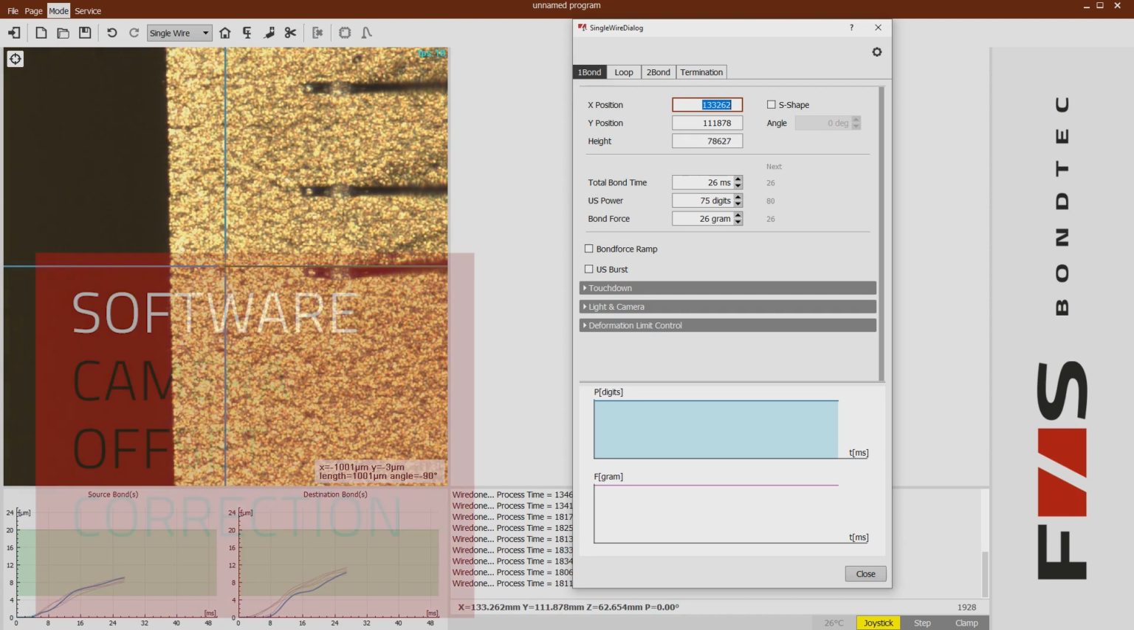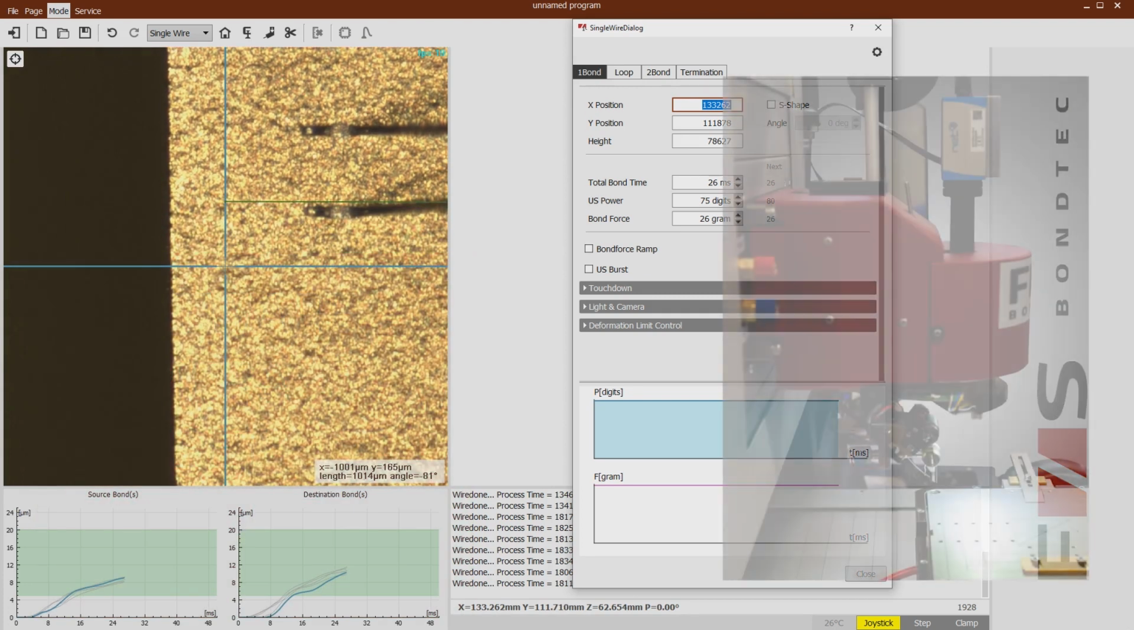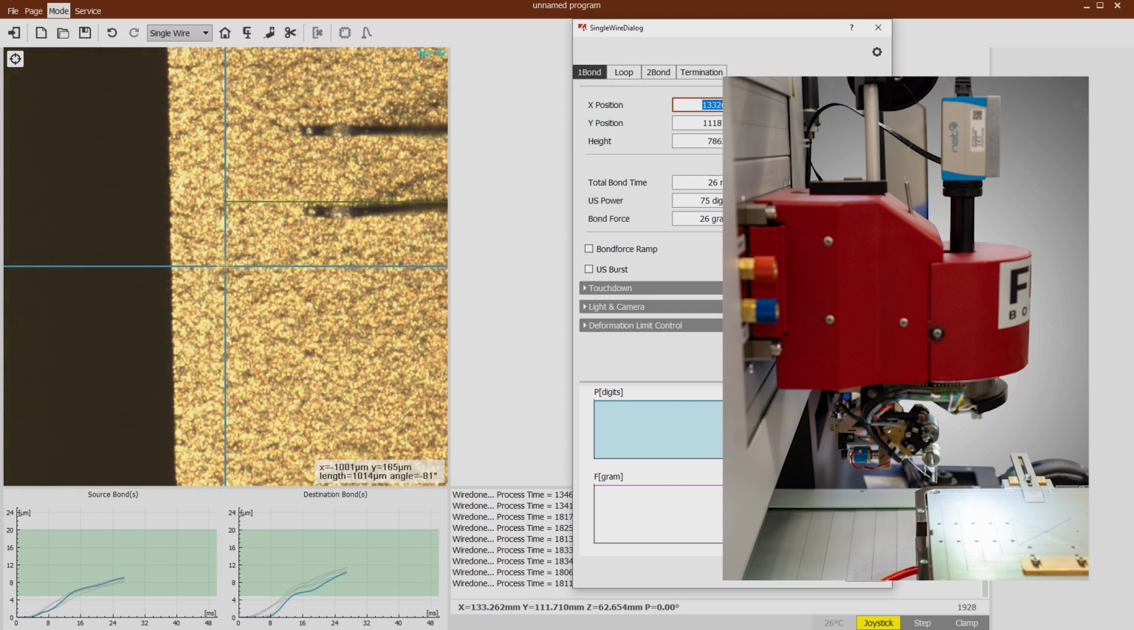Wire bonders with an automatic pattern recognition system always contain a camera which is used to position the bond tool in the precise bonding spot. This camera can obviously not be in the same position as the tool itself. In fact, there is a considerable offset of 10 to 20 mm between the optical camera axis and the tool